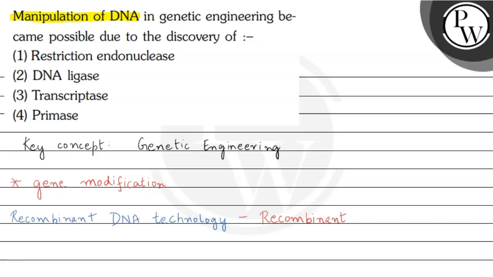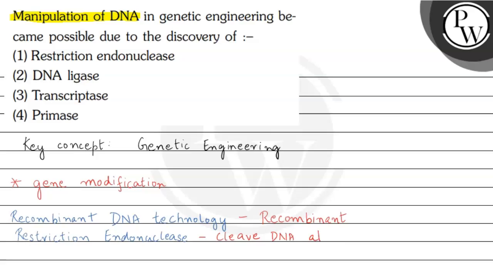Now, the discovery of this technology was only possible due to the discovery of a very important enzyme which is known as the restriction endonucleases. So restriction endonuclease enzyme सबसे पहले बैक्टीरिया में डिस्कवर किया गया था, and in bacteria they play a role of cleaving the viral DNA, and therefore they are used to fight against bacteriophages in case of bacteria. So the main function of restriction endonuclease is to cleave DNA